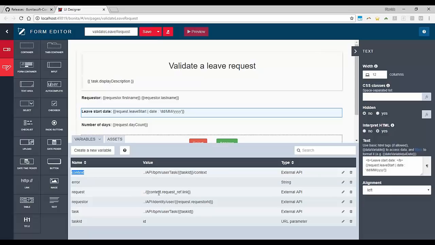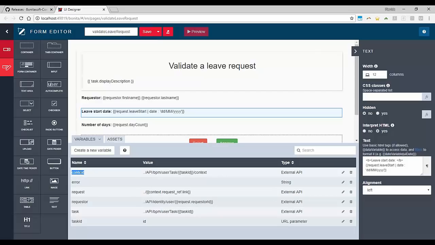And then from this context, I can request the information about the request, and this will provide me the link in order to request this information from a REST API call. That's why we have this context information coming from a REST API call.